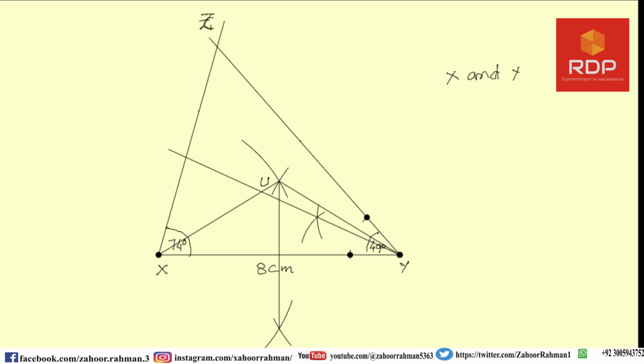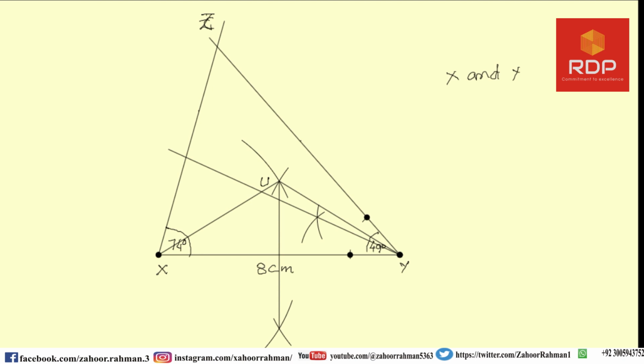You can confirm that with the scale. So in the first empty spaces, you have to write X and Y, and equidistance from the line XY and